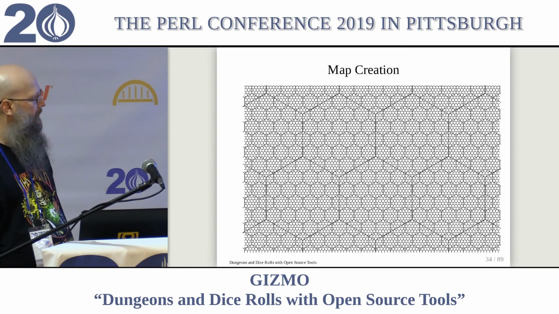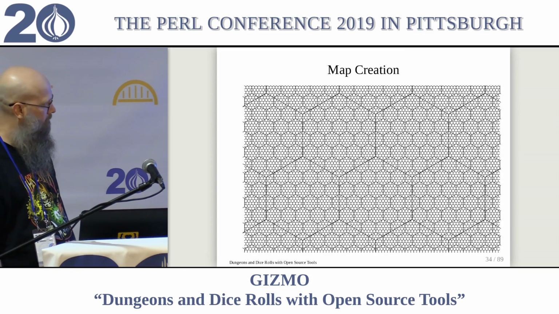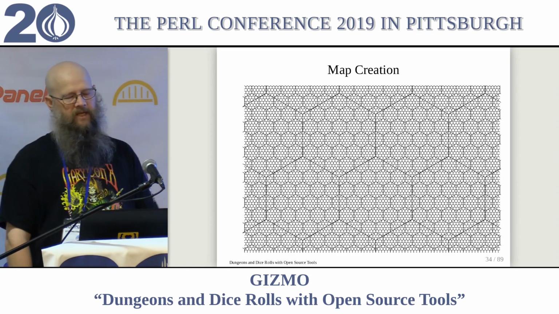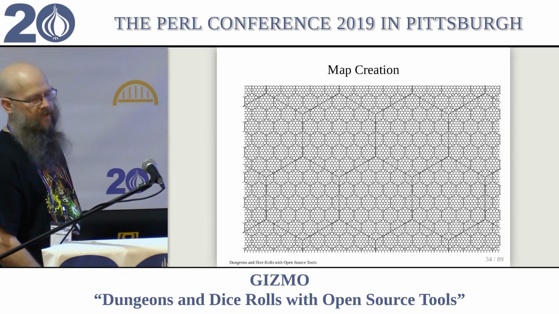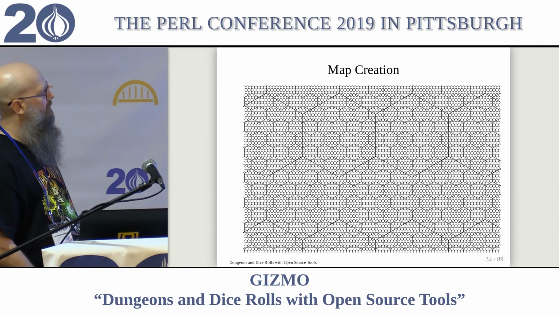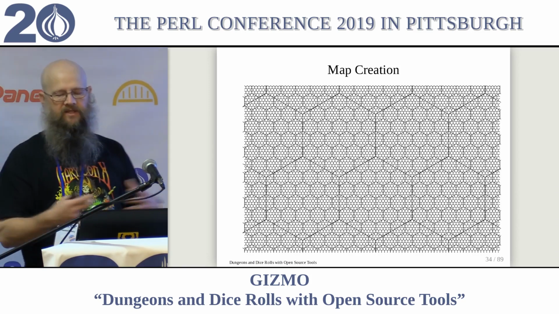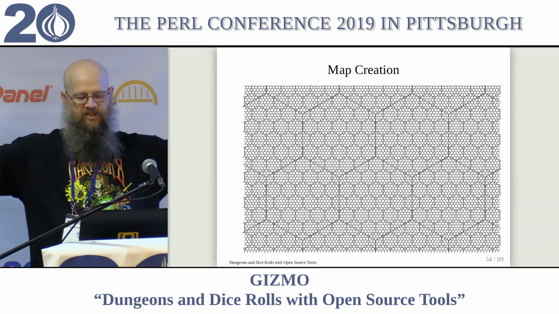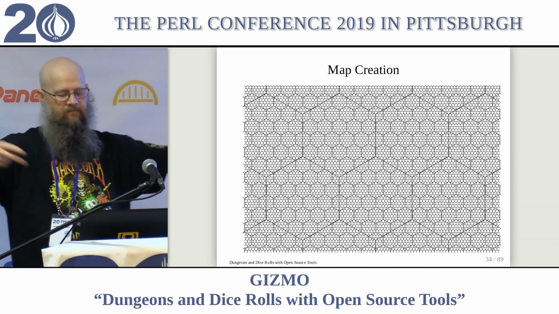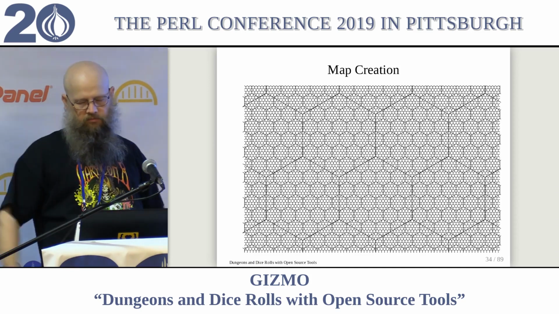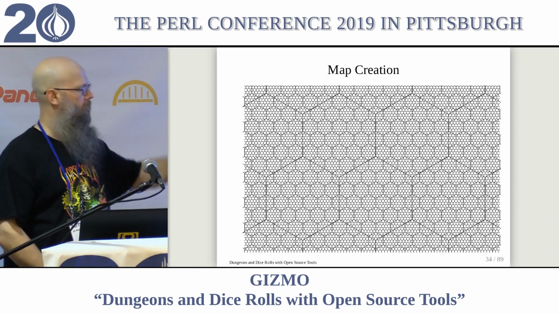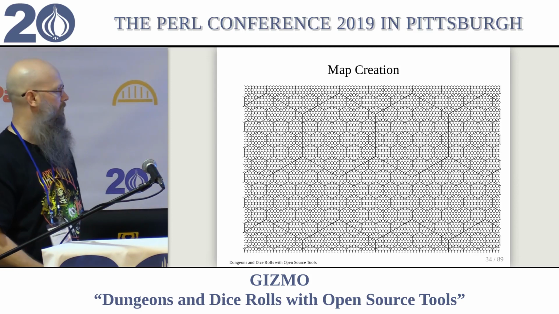Sometimes you need to make your own graph paper because they don't always do what you want. In this case, I needed a hex within a hex within a hex. These big hexes here represent like 25 miles of territory. This is when I'm trying to imagine terrain. It's a little snippet of the big map I showed you earlier. It's general parts of the terrain. I'm trying to be more specific, get more granular.